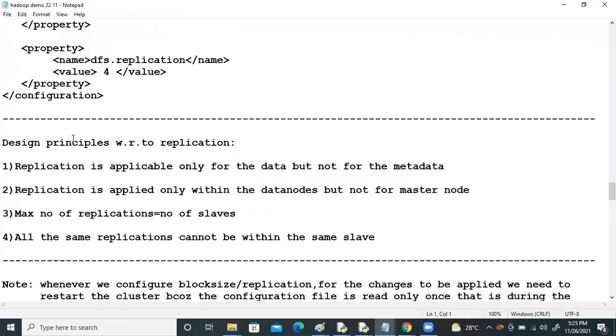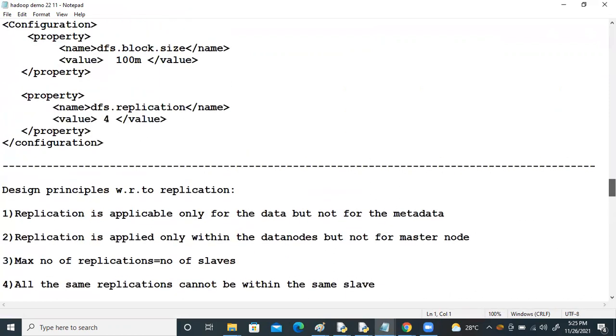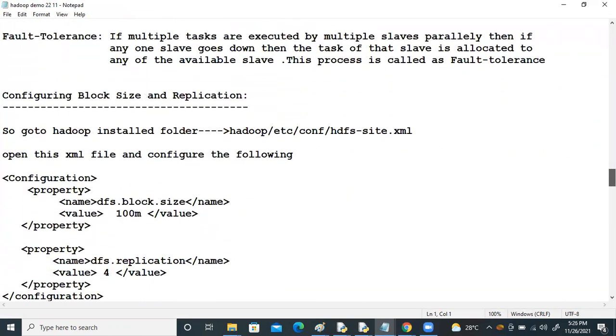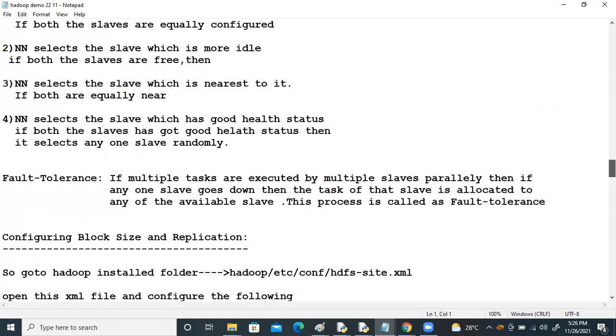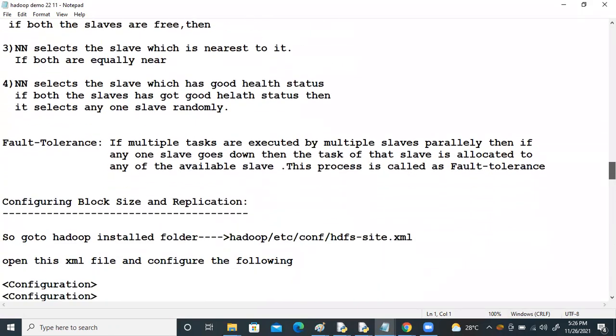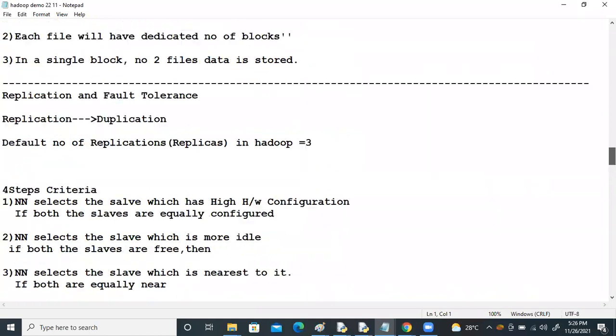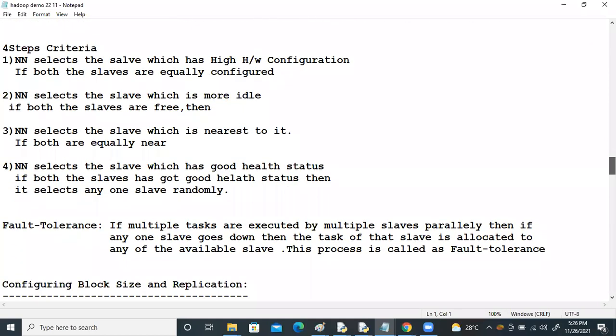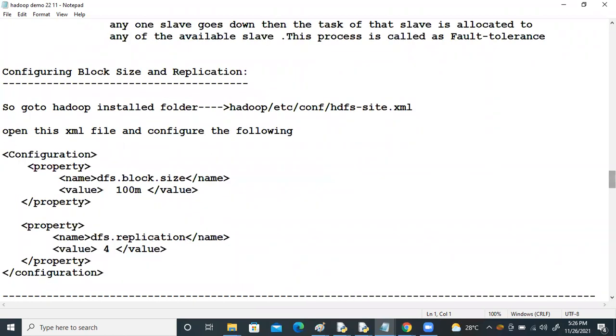Design principles with respect to configuring block size and replication, which I was discussing in the last session. Configuring block size. What is the criteria followed while selecting the slaves? There are 4 steps of criteria, and then configuring block size and replication. Go to the Hadoop installed folder and open the